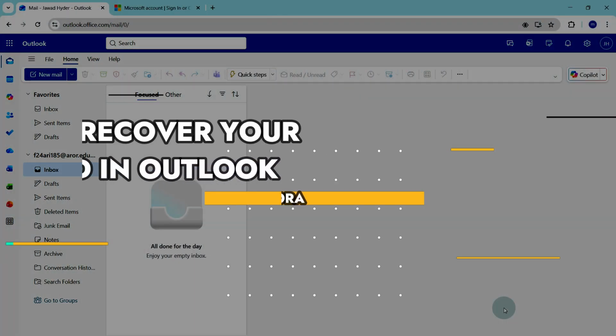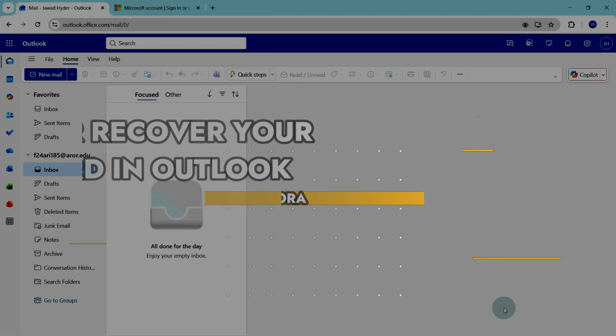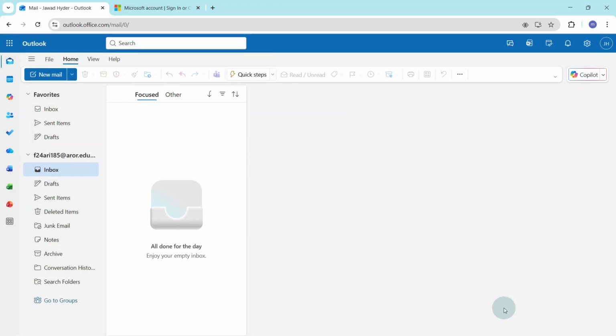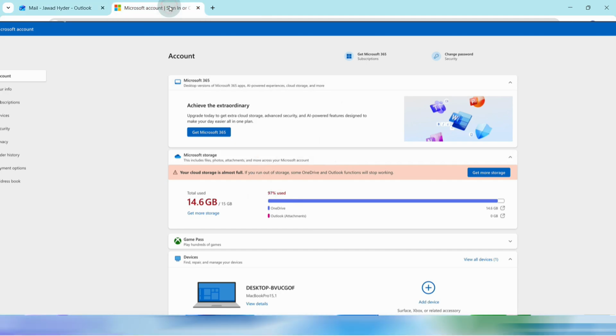In this video, I'm going to show you how to view or recover your email password in Outlook. Before we begin, it's important to understand that Outlook does not allow you to directly view your email password inside the Outlook app. If your Outlook account is linked to a Microsoft account, such as Outlook.com, Hotmail, or Live.com, the password you use for Outlook is the same one you use to sign in on the Microsoft website at